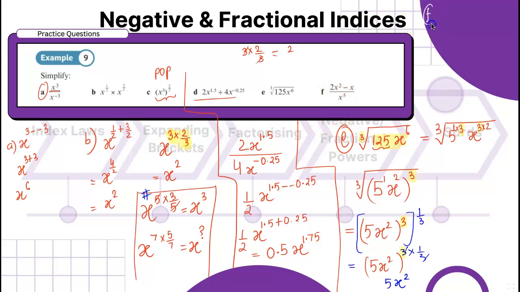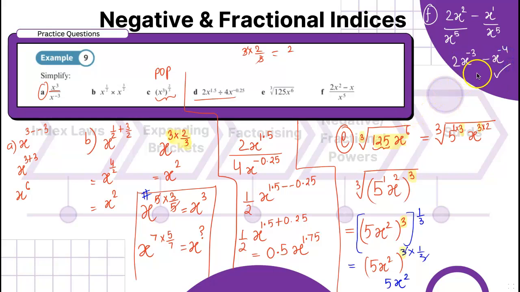Part F I'm solving here, changing the color. So this thing we discussed yesterday. When you have an expression divided by a common denominator, what we do is write the top expression as it is, 2x squared minus x, divided by the bottom number. We're going to be splitting it over, so you can write it as 2x to the power 2 take away 5 is negative 3, minus x to the power 1 minus 5 is minus 4, and that is your answer.